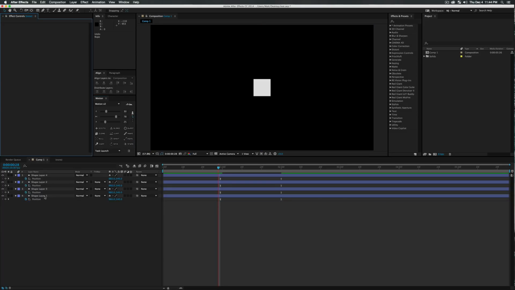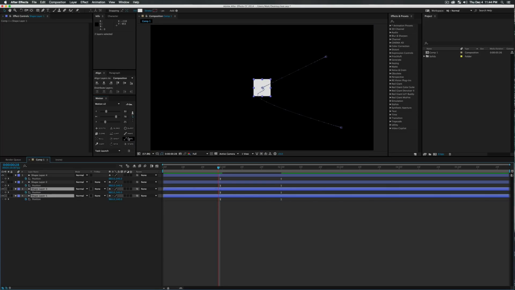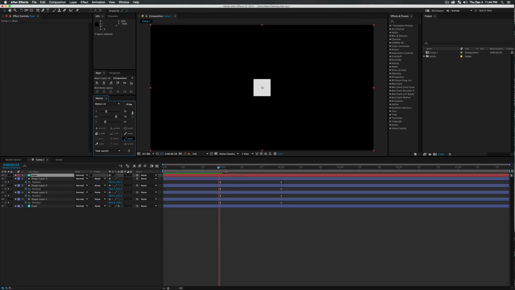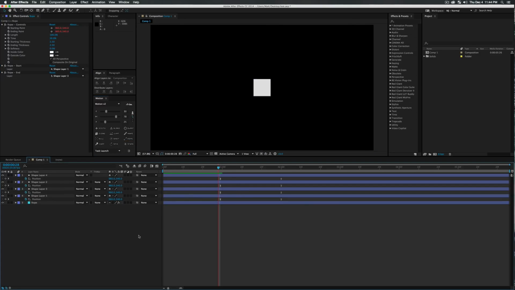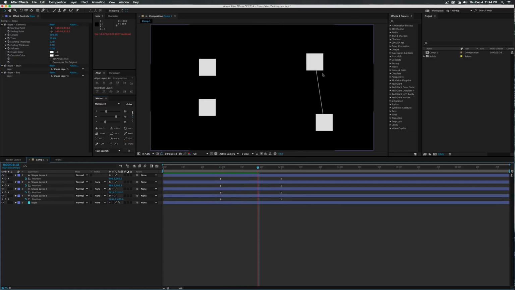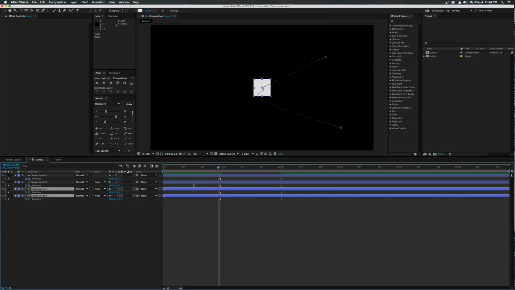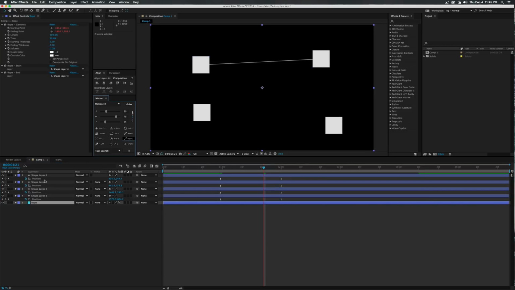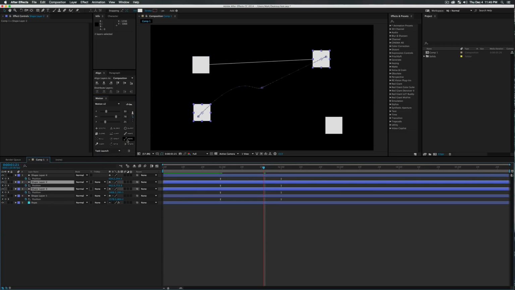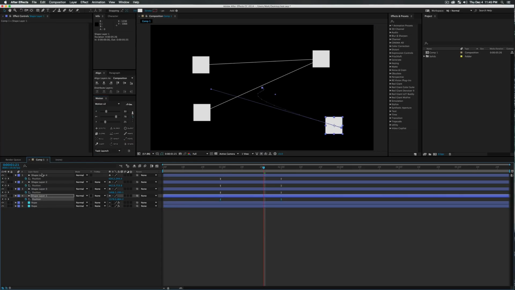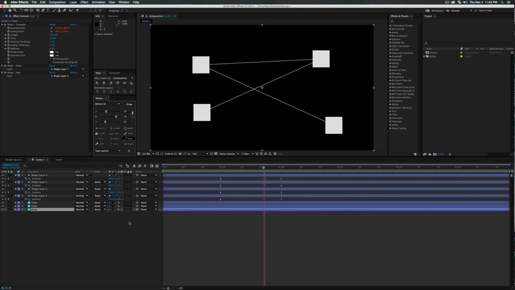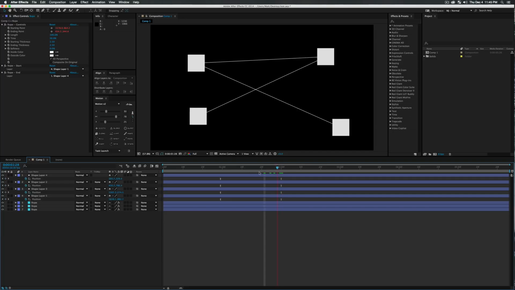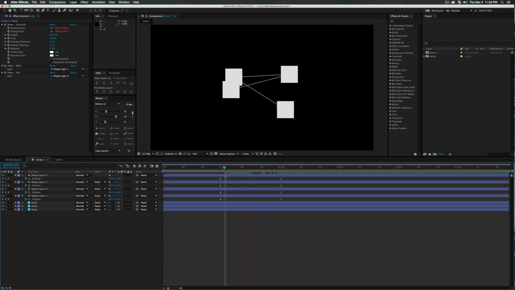But what's really cool about Rope is if you select 2 layers and you click Rope, it's going to tie the layers together. And when you create an animation, just like this, the layers are now attached by a line. So no matter where you are, however many layers you have, you can easily select 2 layers and click rope, and maybe 2 other layers and select rope, and why not 2 more layers, and once again select rope. So this is an easy way to connect layers together with these wonderful lines, kind of